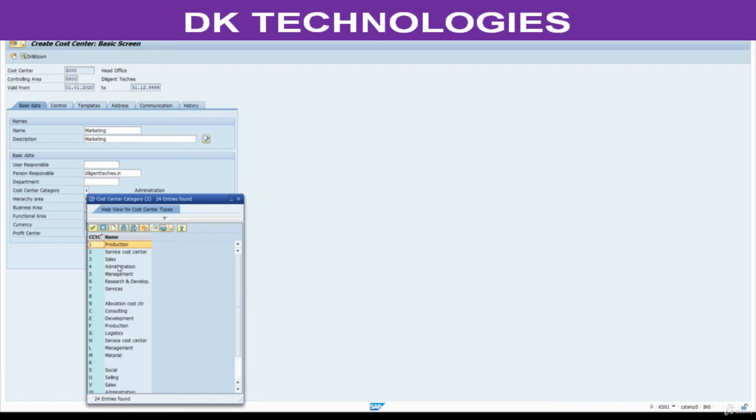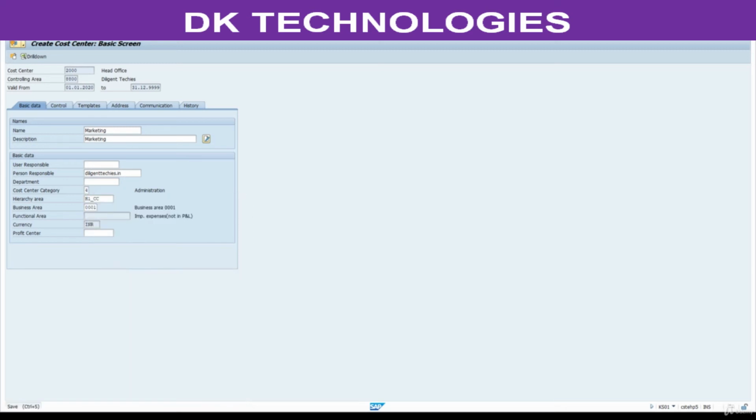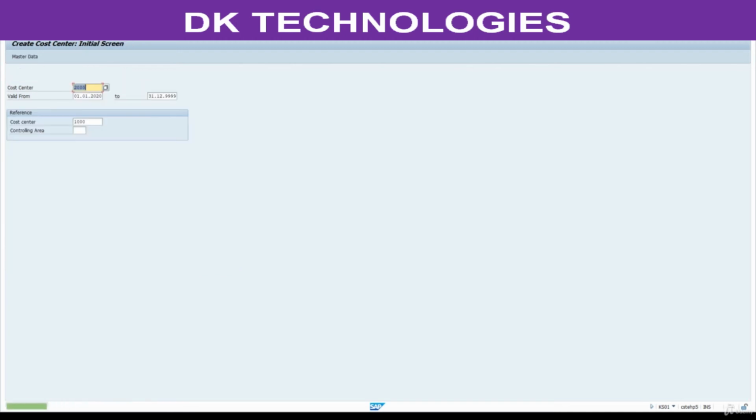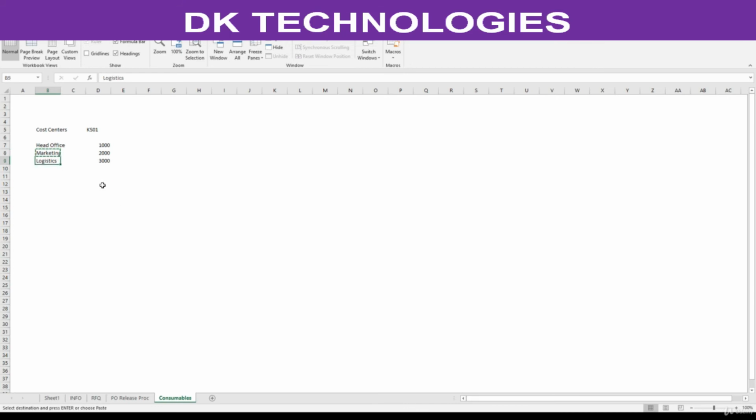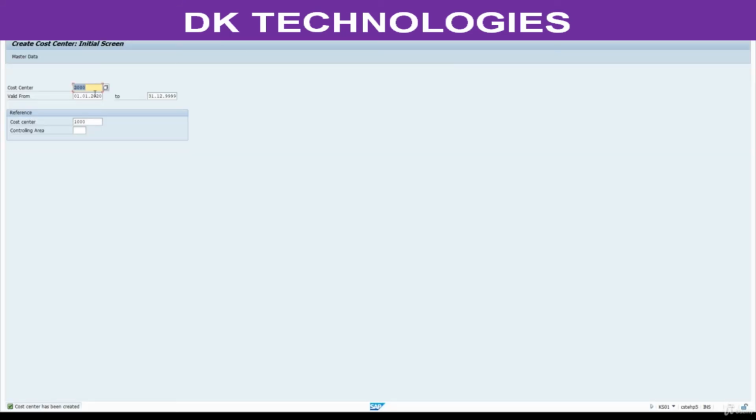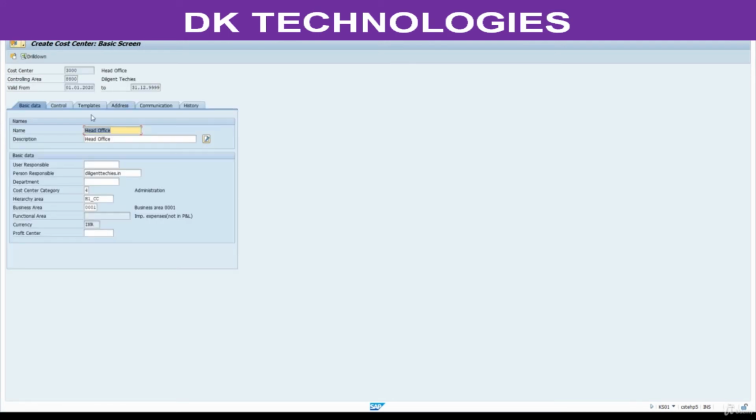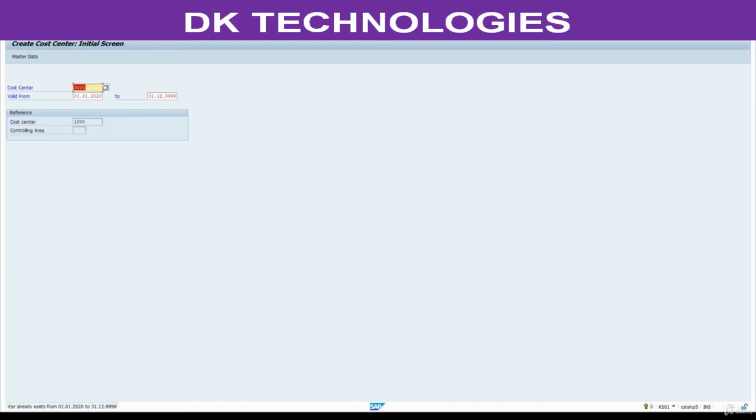I will leave it as this, save this, press enter. We have successfully copied the second one. Now this is logistics 3000. We are creating this cost center for testing scenarios. You will understand this in the coming sessions. Logistics, save this. So we have successfully created cost centers 1000, 2000, 3000.